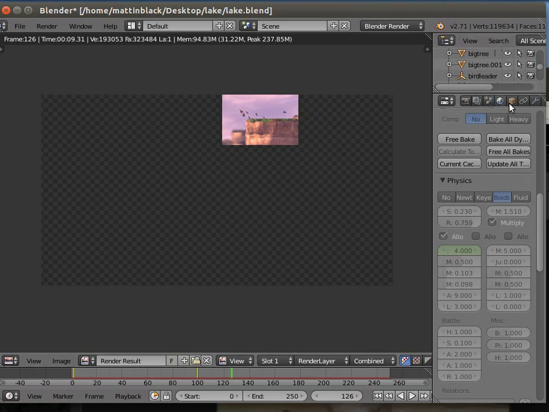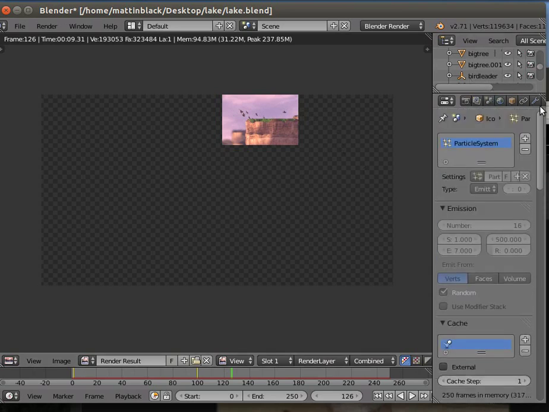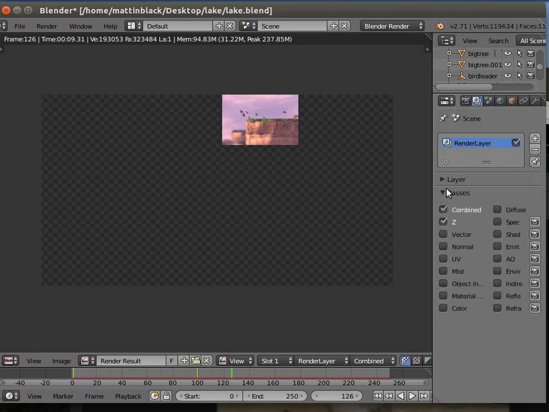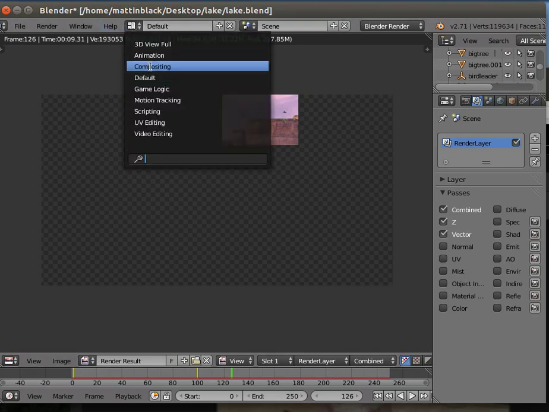Now, what we want to do, we'll still do this with box render selected, is we're actually going to do some compositing. So the first thing we need to do, because we're going to do a blur effect, we want to have the vector pass in there, because that tells the compositor what speed things are going at. So there we go, deliver a speed vector pass. And now we can go into our compositing setup,